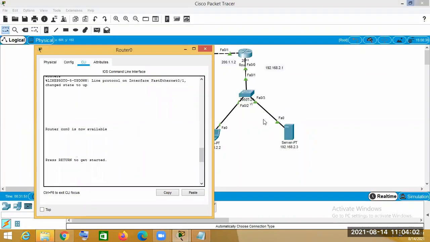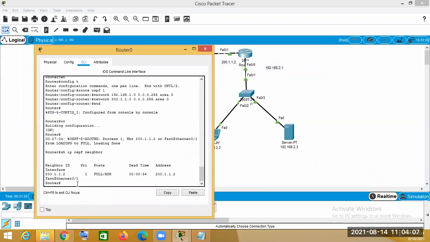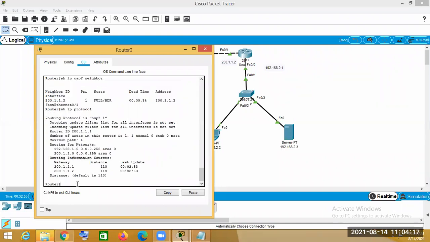And let's say we use this command, that is show ip protocol. Now this will show you what protocol is used. You see the routing protocol is OSPF. It is showing the routing protocol that is used, OSPF, and routing for the network of this area, routing information sources, the gateways are shown.